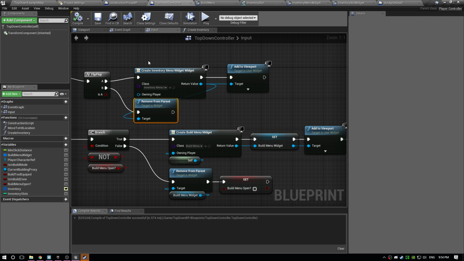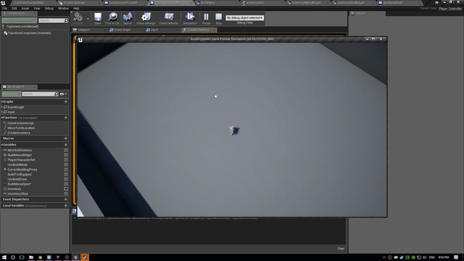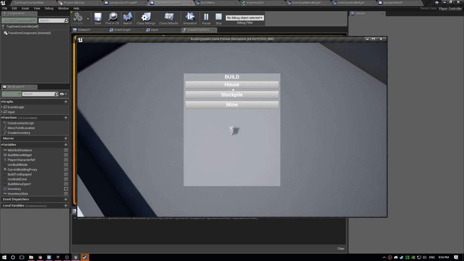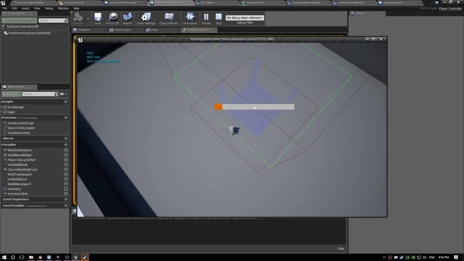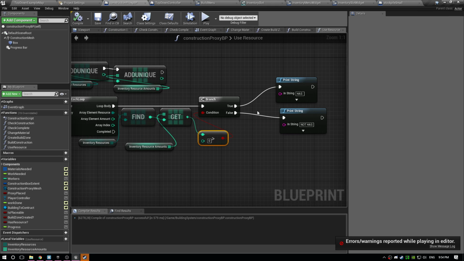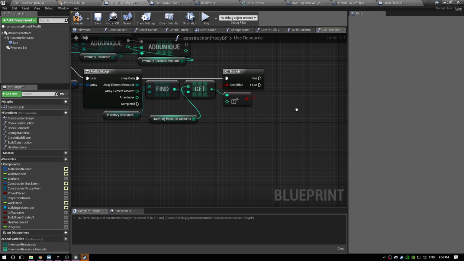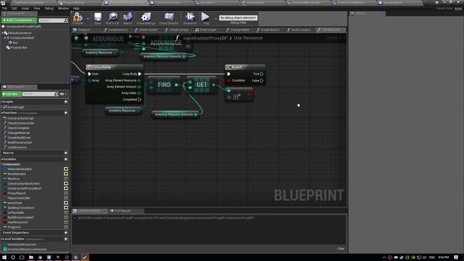Right, now, top-down controller, when we create our inventory, I want to make silicon instead. Because, why not? So, right, build. Okay, cool. So, build stockpile, click, has and not has. Perfect. Okay, so now that it's working, let's put this back to wood before we get screwed over and forget what we're doing. So now that we know if this has more than one or not, we can now basically say, okay, so